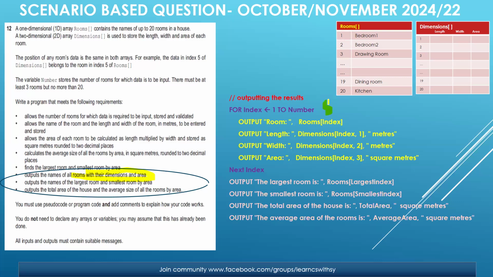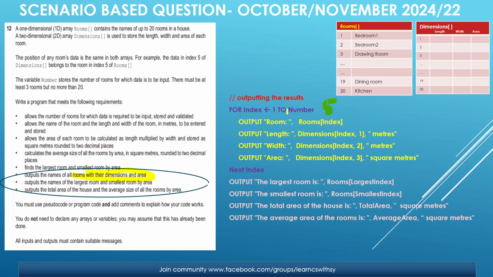In our example, we are taking 1 to 5. So rooms 1, whatever the name of the room is, will be displayed. After that, the dimensions: index comma 1 meters, index comma 2 meters, that is the width, and index comma 3, again the square meters, that is my area. In this manner, all the values that were required, room name and the dimensions, will be displayed on my screen